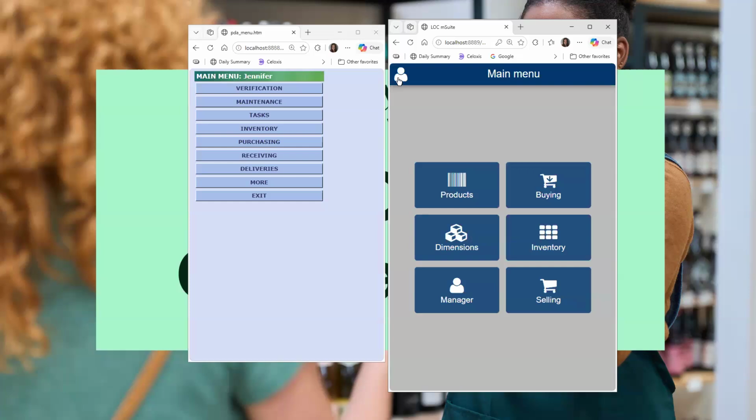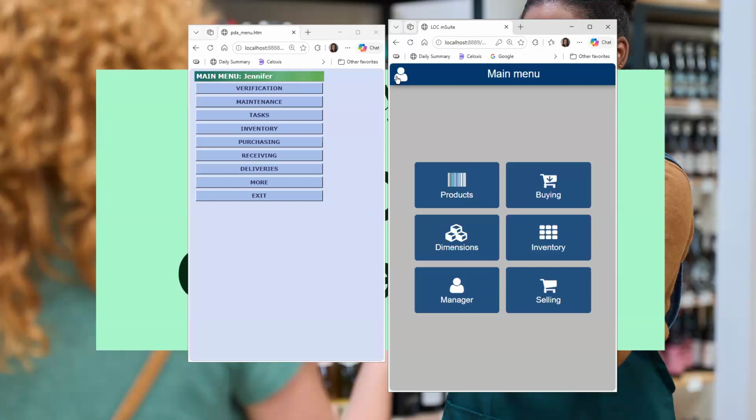The last thing I did want to show before we take questions is there are some configurables that you can look at when you are on the handheld itself. There is more in the back office, but we're going to focus on what's on the handhelds themselves, the PDAs themselves. So with M Suite,